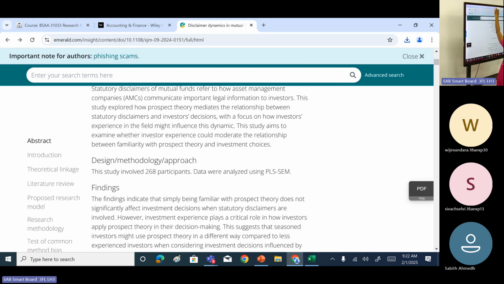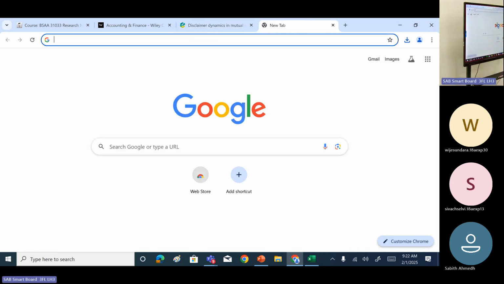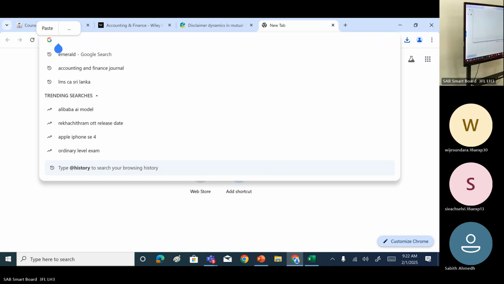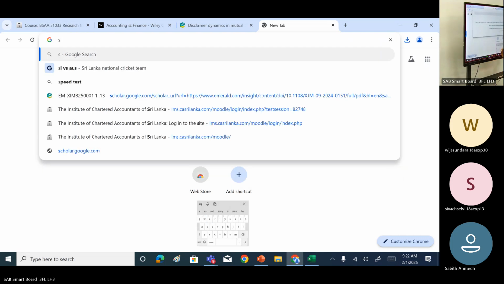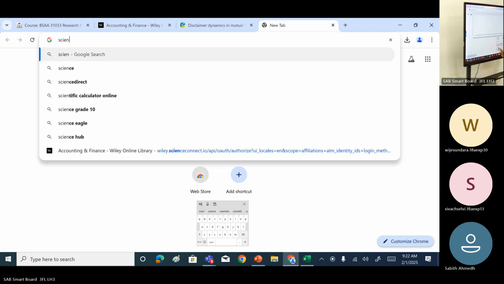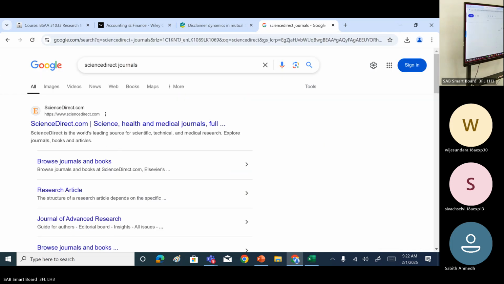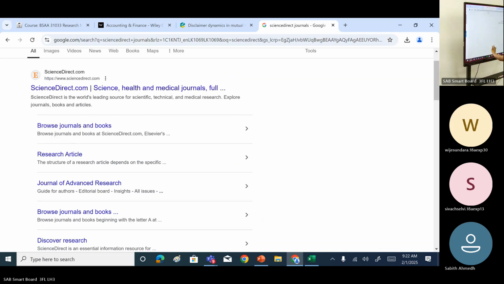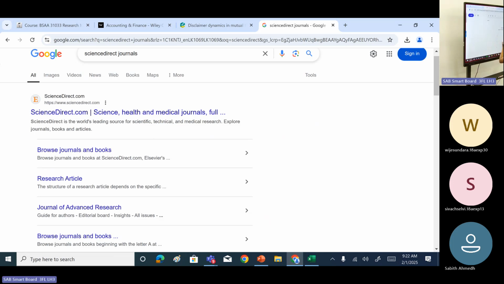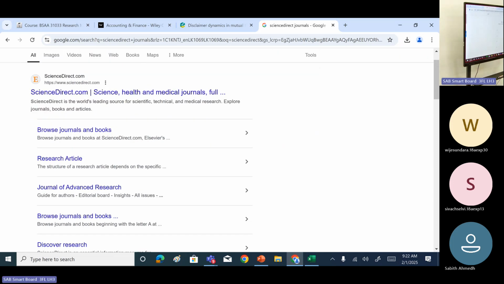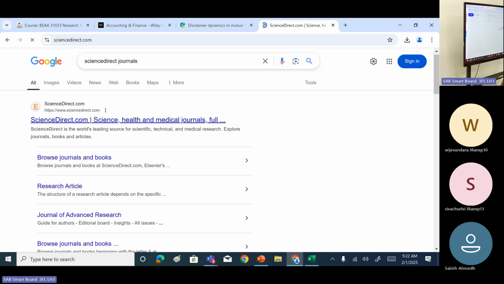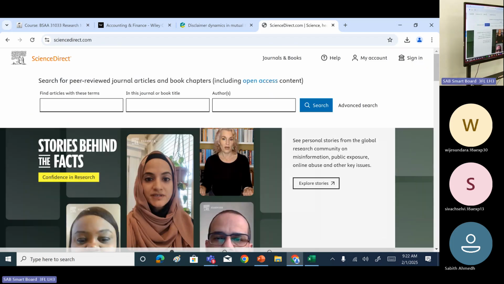The next one, elsewhere, or else we write it as Science Today. Science Today, again, to identify research articles and so on. You just click on here, click on here and then